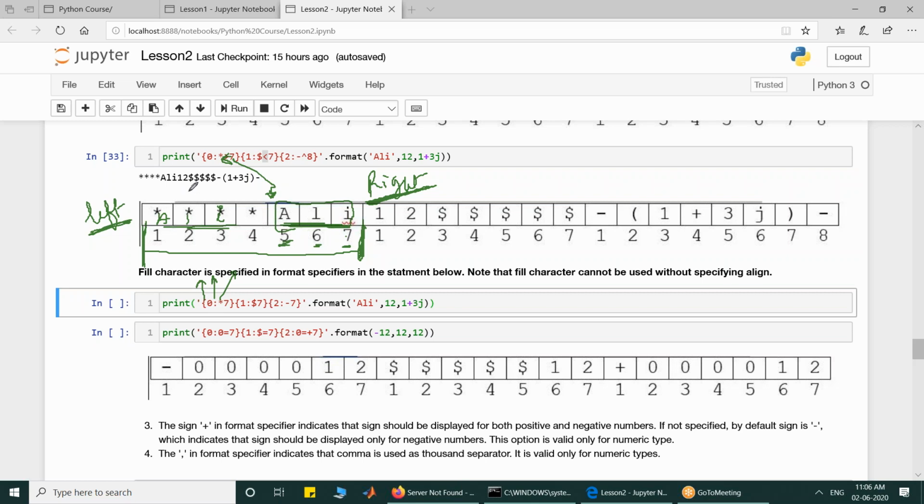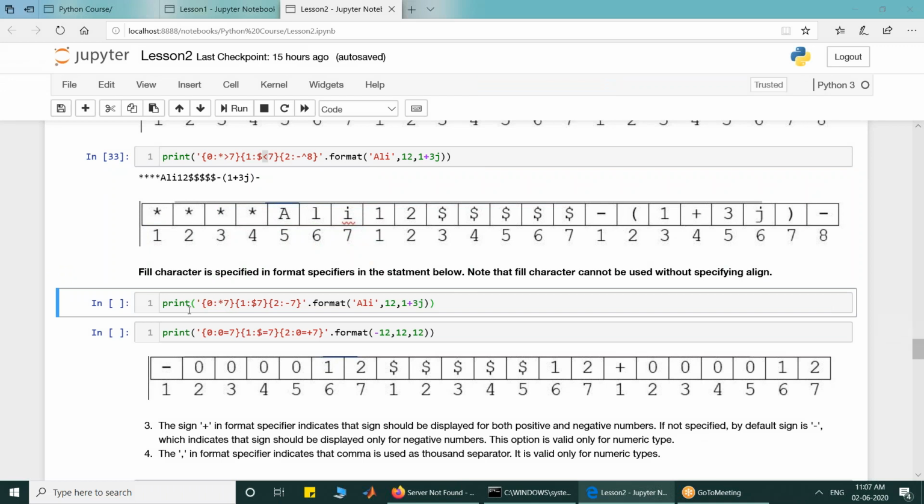So now look at the next. We have written 0 colon star 7. So this star is fill. Can anybody tell me what will be the output of this? Quickly tell on your chat box what is the output. Error. Kushi, why error?